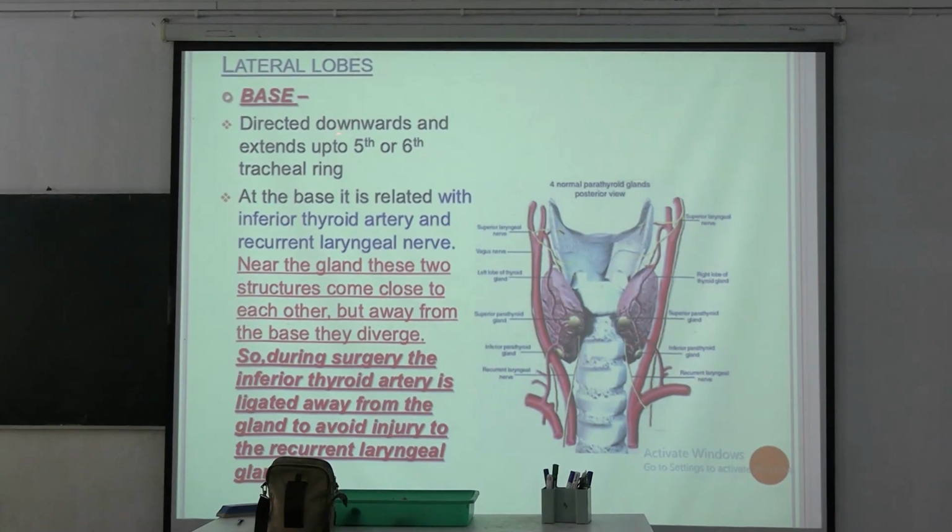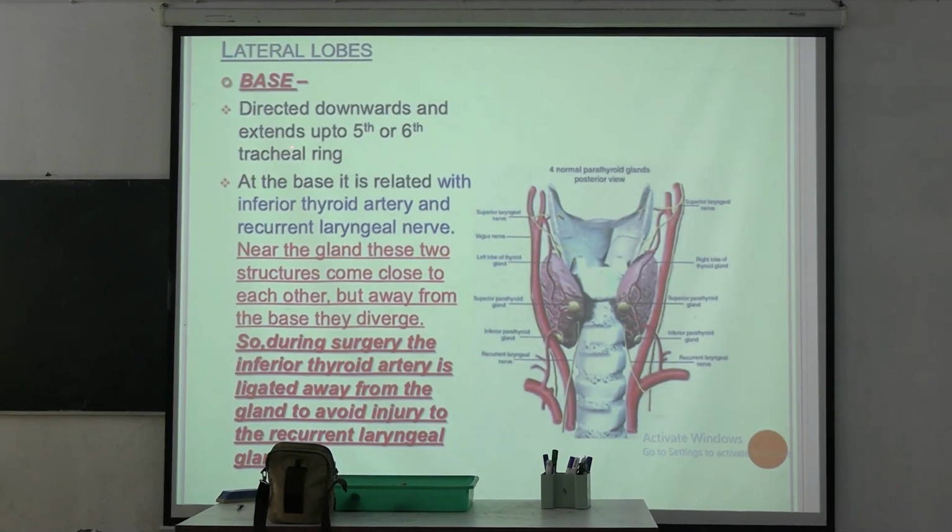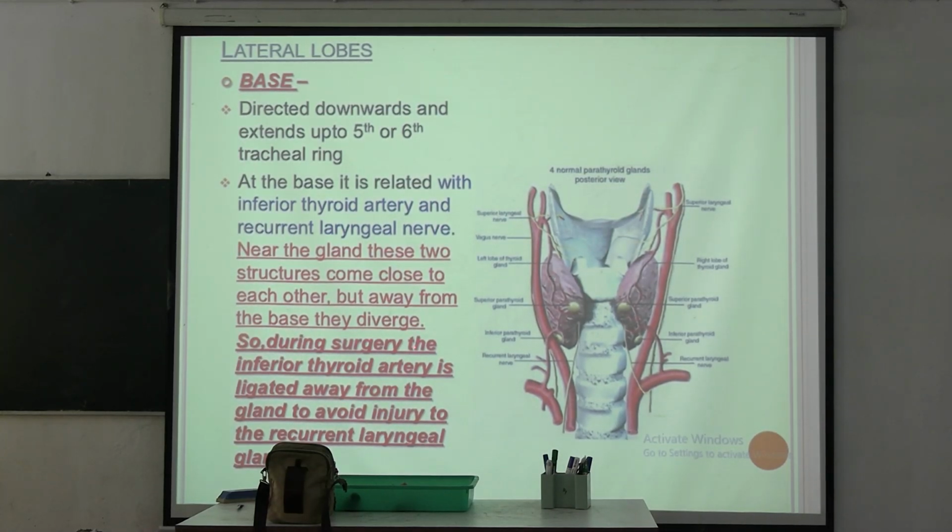Base directed downwards and extends up to the 5th and 6th tracheal rings. Now at the base, it is related with the inferior thyroid artery and recurrent laryngeal nerve. Near the gland, these 2 structures come close to each other, but away from the base, they diverge. So during surgery, the inferior thyroid artery is ligated away from the gland to avoid injury to the recurrent laryngeal